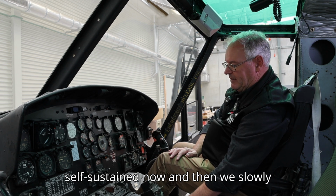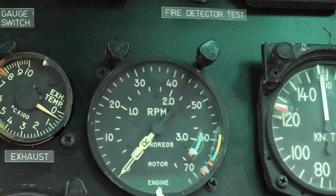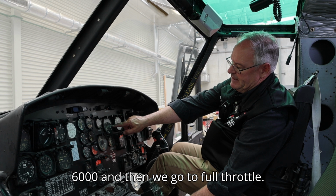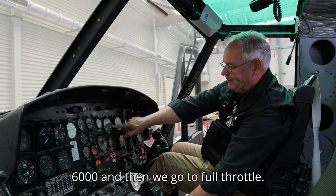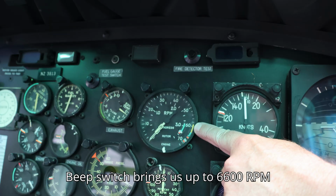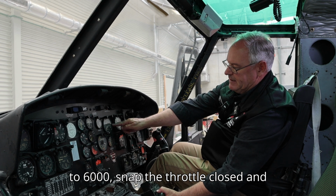And then we slowly wind the engine RPM up, watching the rotor RPM come up until we get to the govern range at 6,000, and then we go to full throttle. Beep switch brings us up to 6,600 RPM as a test, and we wind it back down again to 6,000,